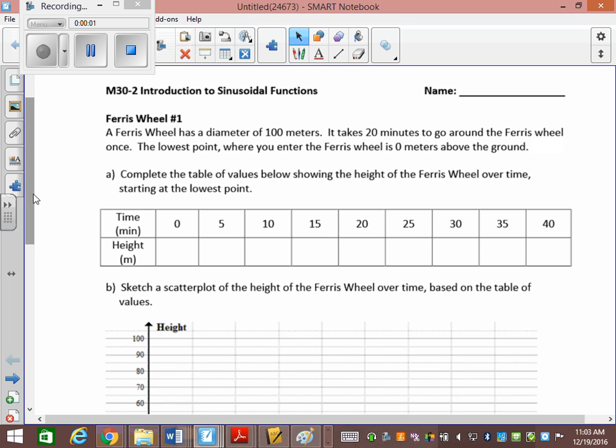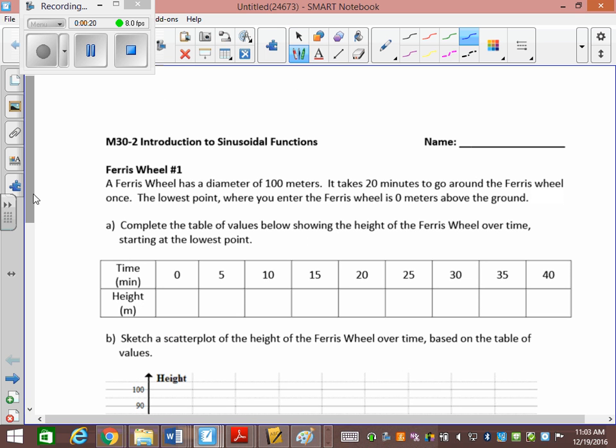So the first thing I always do is all these sinusoidal functions, you guys, you have to just understand that they're based on circular things. So it could be based on a tire, or it's based on a Ferris wheel. It's based on something that goes around in a circle, okay? So the very first thing I always draw, before I even read one of these questions, is I'm going to